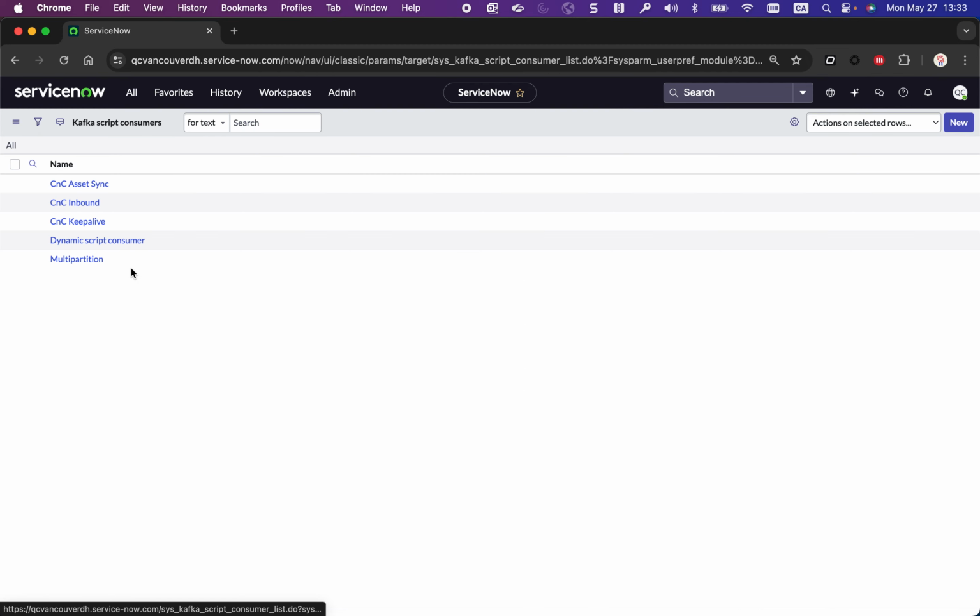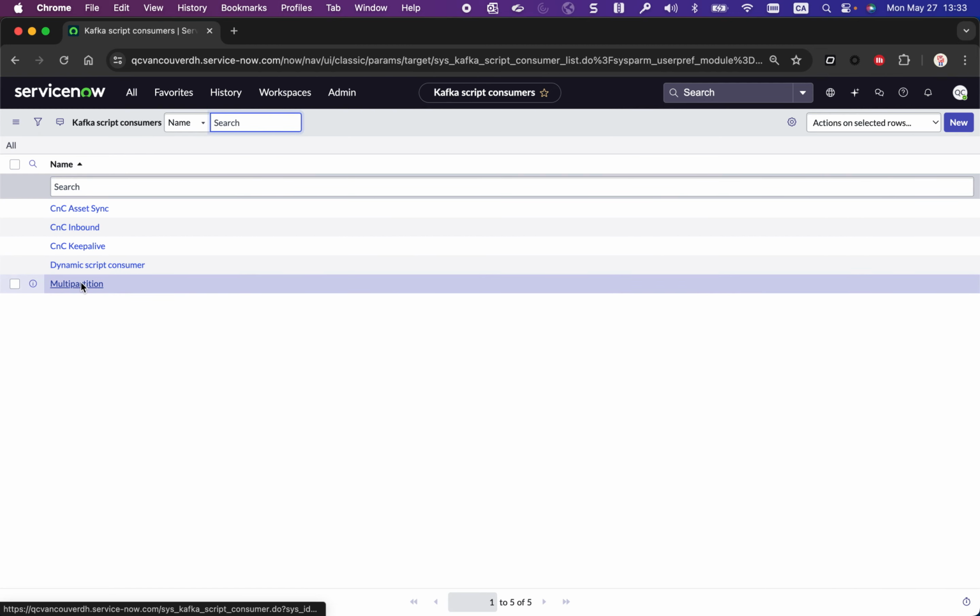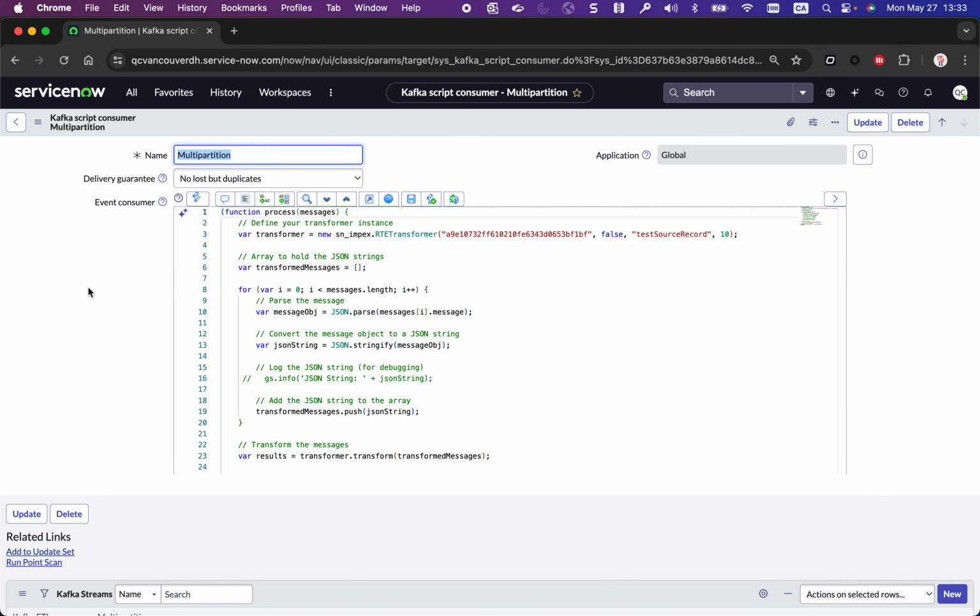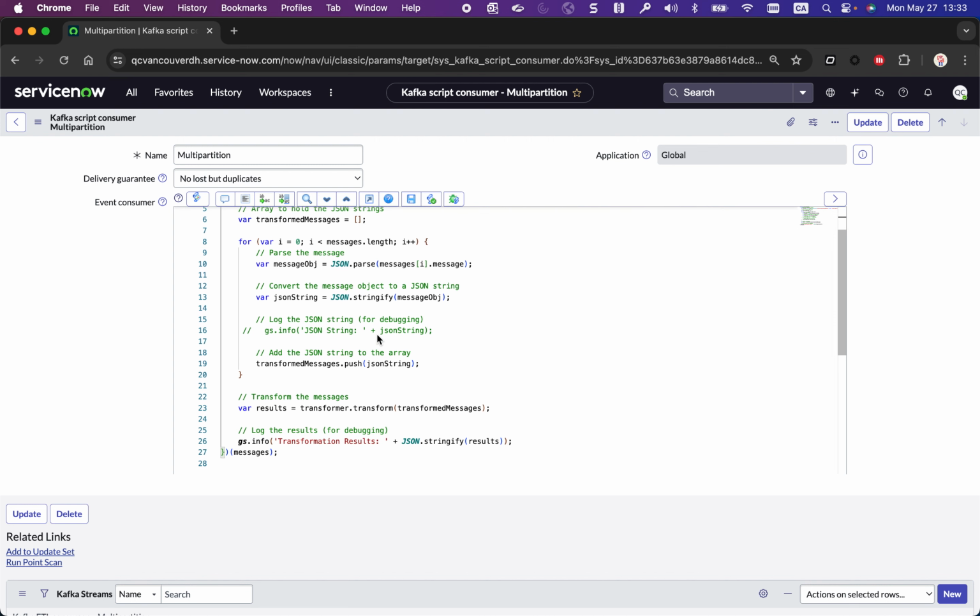you'll see a very simple script here. I created a Kafka script consumer here, multi-partition. It's a simple one. So this is how it's configured. I've hard-coded the ETL definition I want to use. I deactivated the verbose mode, so not wasting compute cycles. And I'm using this function here to call the ETL transform as the messages arrive. Read them as a JSON object, and